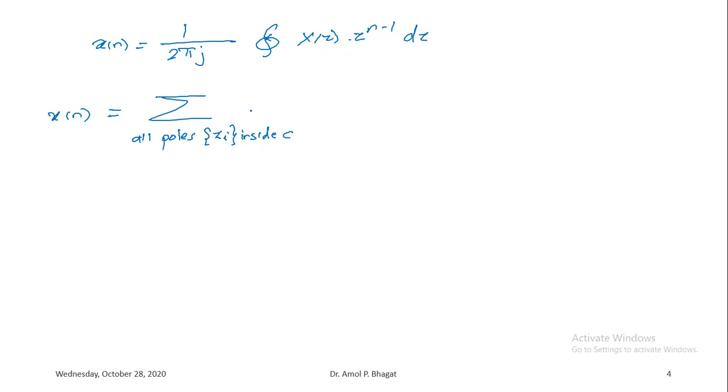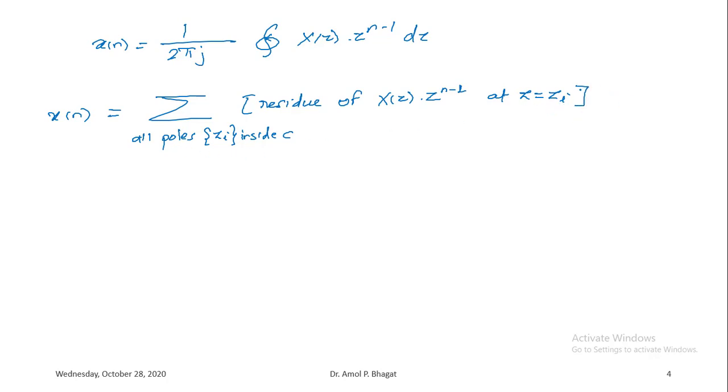It will be evaluated as the residue of x of z into z to the power n minus 1 at z equals all pole values,